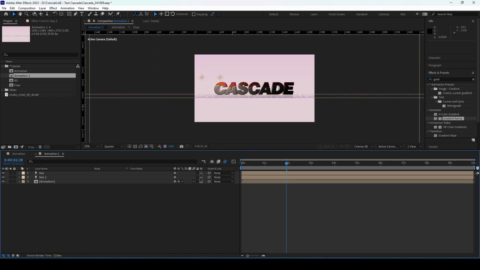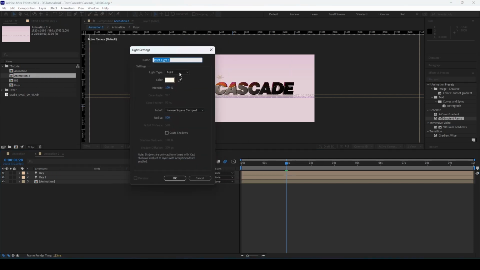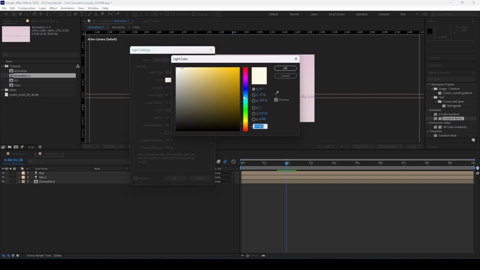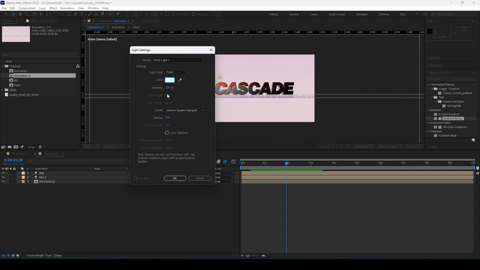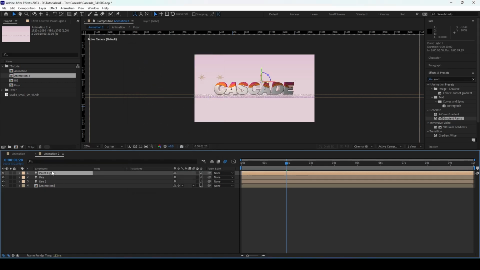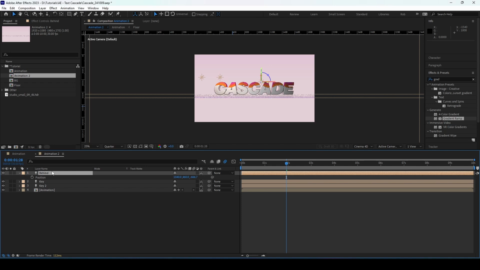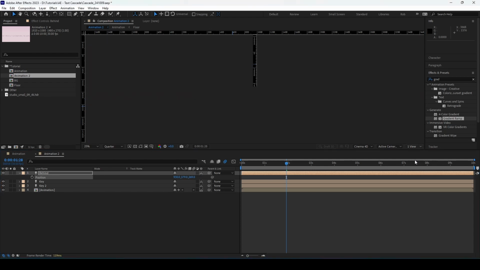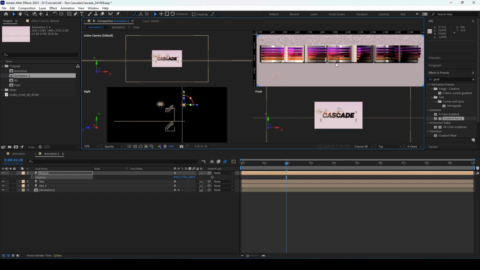And then we'll also do a new light. This will be another point light. We're gonna make this light blue. Hit OK. This is no fall off, no shadows, intensity at 100%. That's behind, call this behind. Position, we'll set this to 930, 379, and 269. So just so you can see what's happening here on the top view,